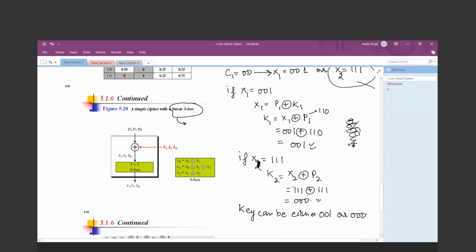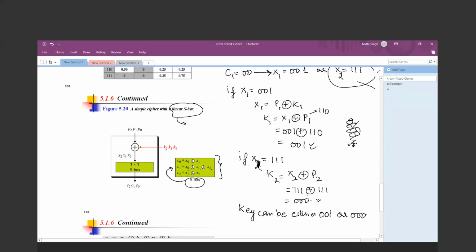So in the form of polynomial, the ciphertext can be written as c0 = x0 XOR x1, c1 = x0 XOR x1 XOR x2, and the last one is c2 = x1 XOR x2. So this can be any equation, but this S box state the equations are in the form of this way only. So it is a 3x3 S box over there, and these are the key values, that is over the 3 bits k2, k1 and k0. x2, x1 and x0 will be generated, and these are the corresponding ciphertext equation.